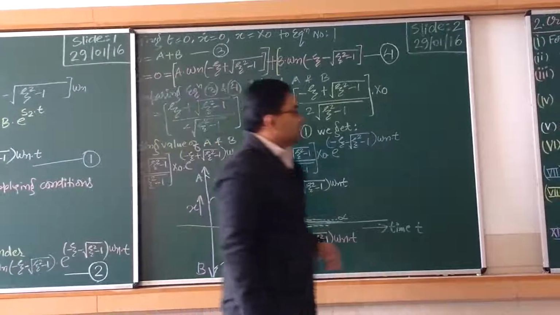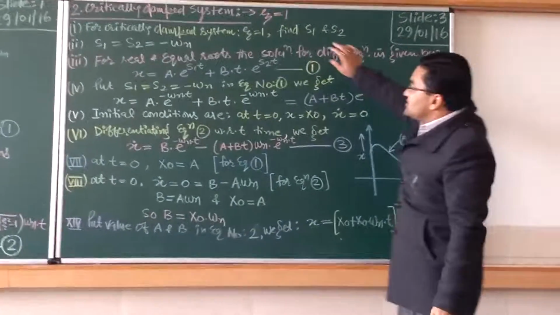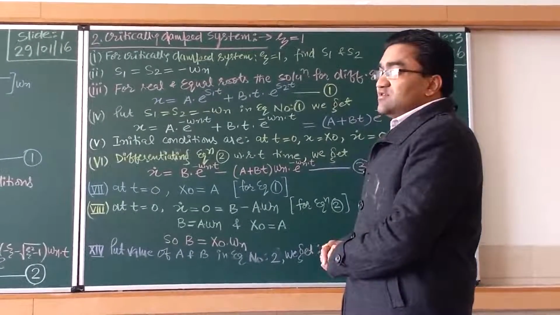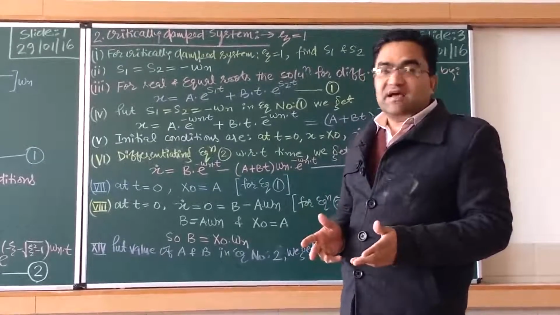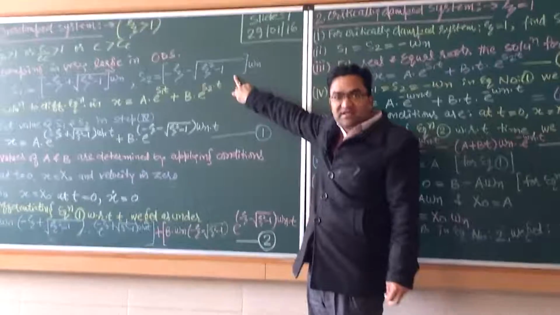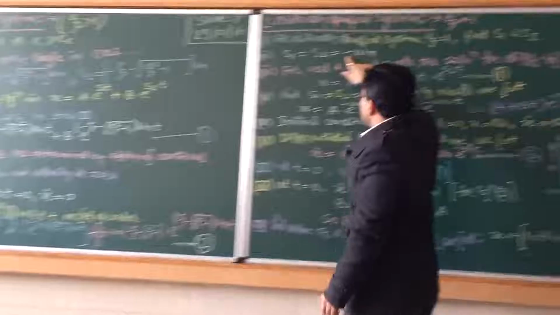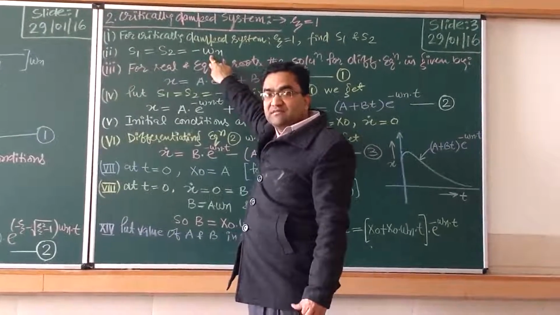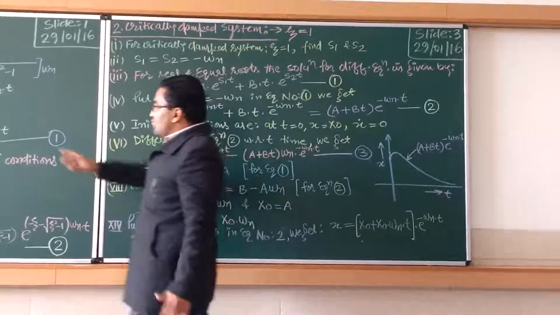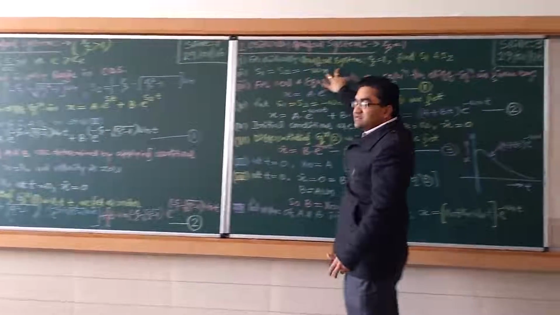Now we will be studying the case of the critically damped system. Let us see. In case of a critically damped system, zeta will be equal to 1. So we will be finding out the values of S1 and S2. We know the values of S1 and S2. If I put zeta equal to 1, see what comes. I put the value of zeta equal to 1 over here in S1 and S2, and I obtain that S1 and S2 become equal to minus omega n.